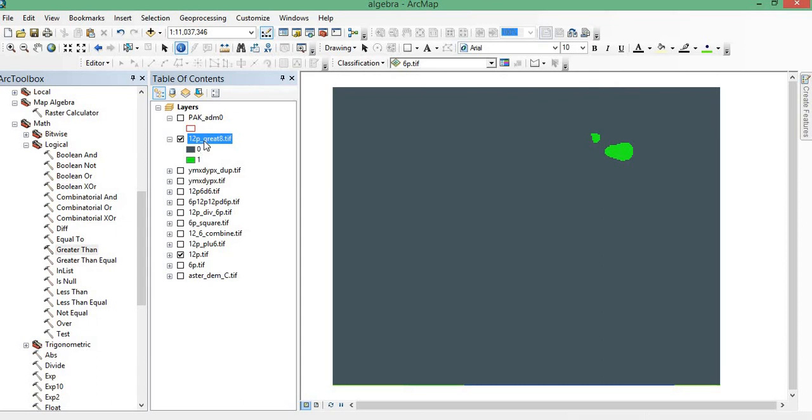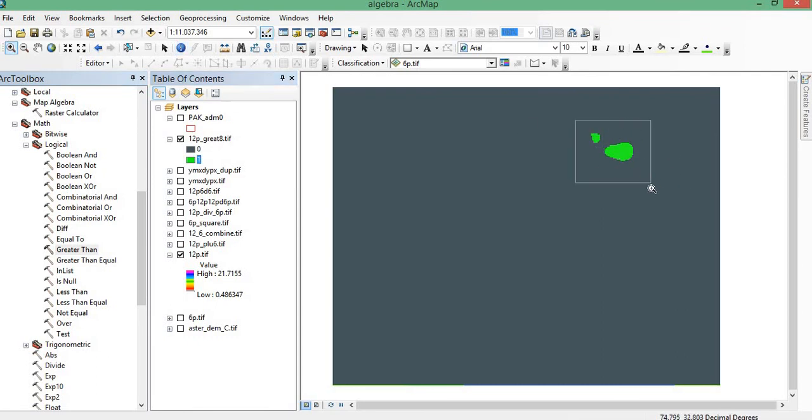So this image is prepared using this image. Here we have data from 0 to 21, and I have performed the operation greater than 8. So this green area, I mean this one value, represents all the pixels with value greater than 8.